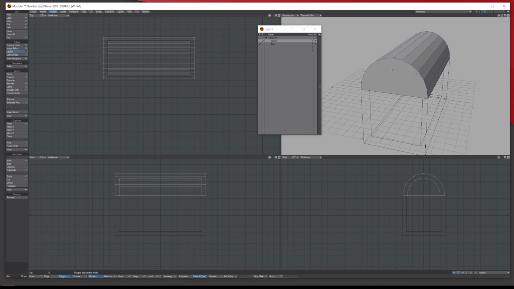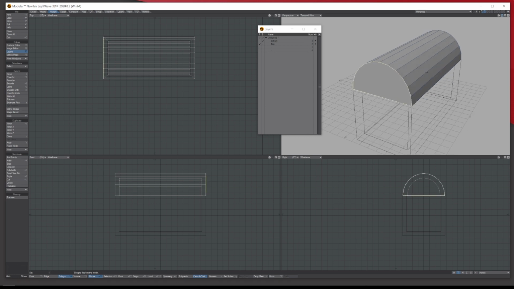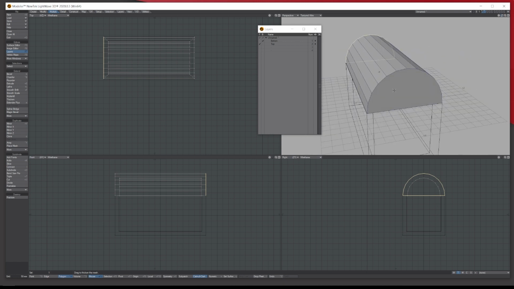So let's choose this side poly, making sure you're on polygons, rotate, hold shift to say you want to select another poly, and then select this side. Then what we'll do is bevel. Now hold control down, and then in your right view drag to the left, deciding how far you want this to go in.